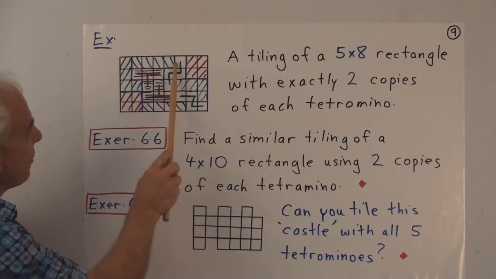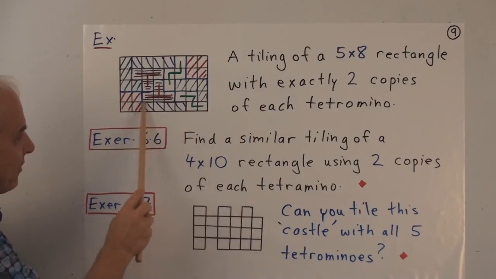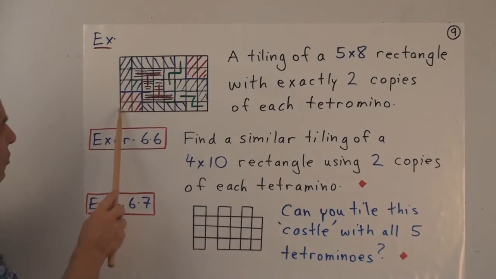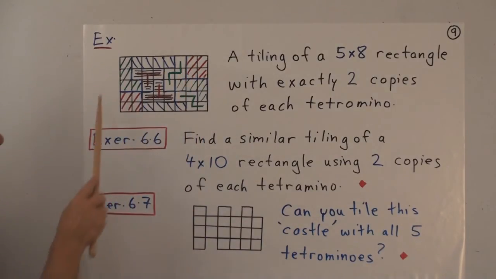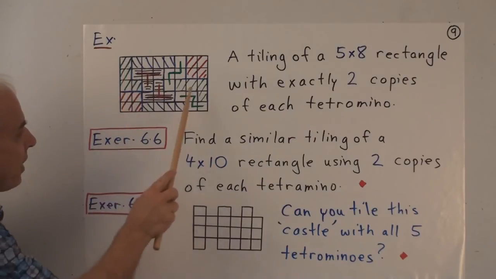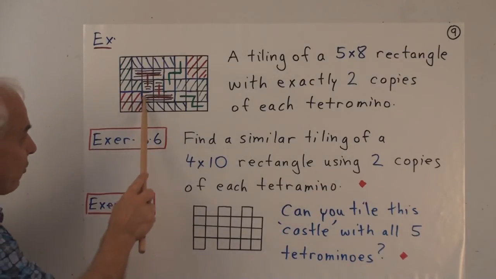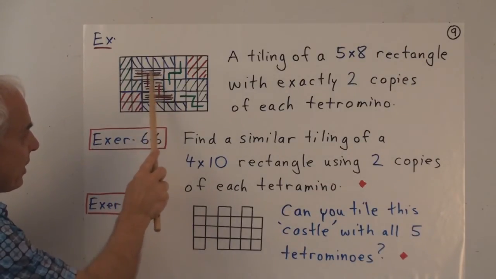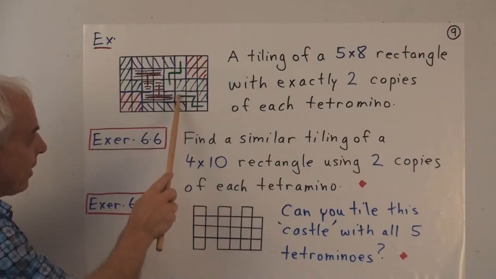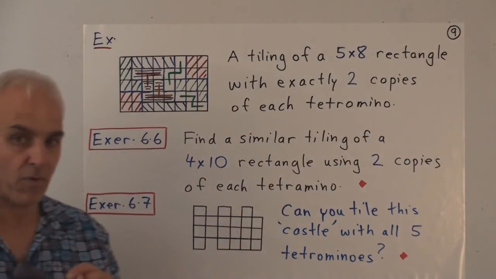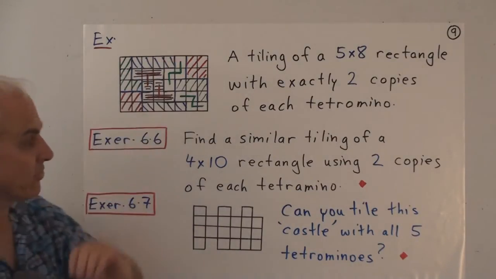Right up here, there's an I shape, a rectangle of 4 in a row. And here's the second I shape, another 4 in a row. The 2 squares, or the O shape, one here and one here. The 2 L shapes, there's one right here in green and another one here in green. The 2 T shapes, there's one here and another one here, just touching each other. And then there's the 2 Z shapes, one right there and one right there. So we've used each of the 5 tetrominoes exactly twice, and we fill this 5 by 8 rectangle.